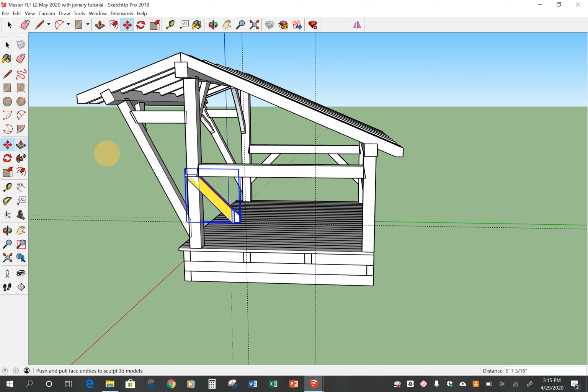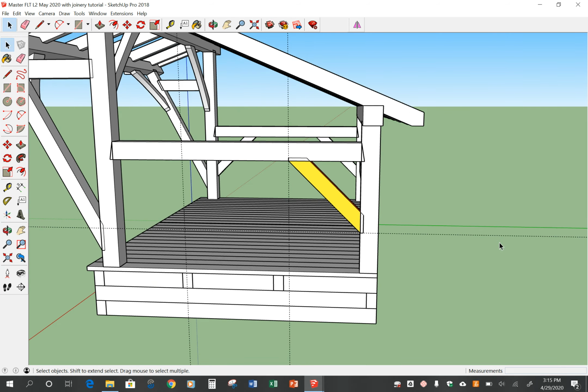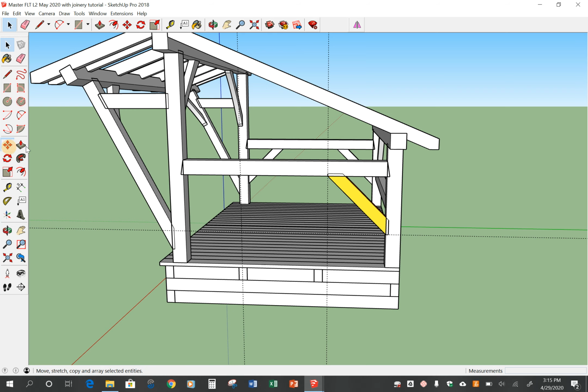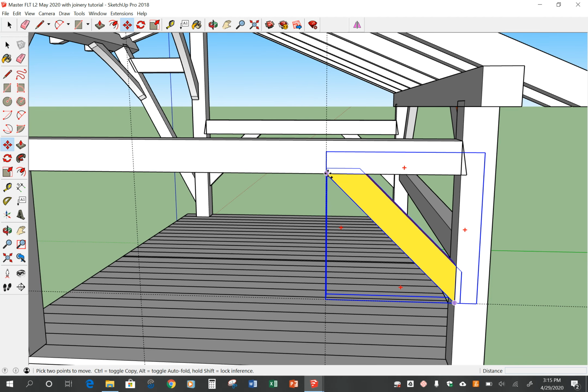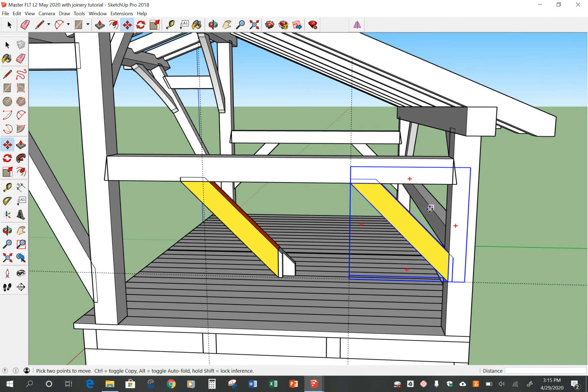Now I can use, whoops, let's do that again. And this will drive you nuts too. Sometimes if you don't click it, I'm going to come back to my select tool. So now that's in there. So let's move copy that again. I'm going to grab it here. I'm going to click Control so I make a copy. Drag this around here. I'll go past it a little bit. I'm now going to